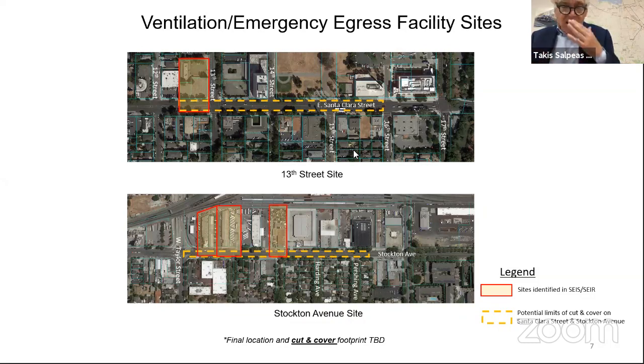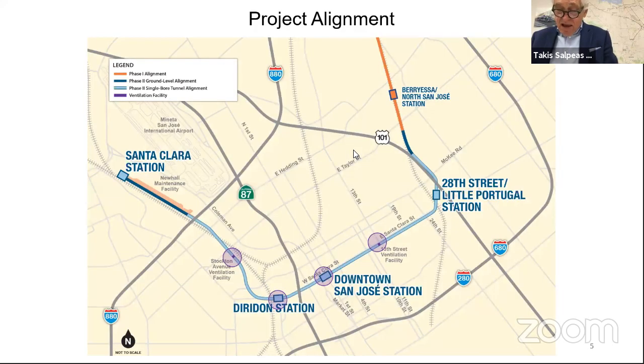For that, the idea here was, and please go back for 1 minute to page 5 now, and I will connect the concepts to the map of the project. You can see now, as I told you, in the 40% of the project in the downtown area from 13th Street to Stockton, there are really 4 circles. 2 of those circles are the stations, San Jose Downtown Station and the Diridon Station. But on the ends of the downtown limits, the 12,500 feet, are the 2 ventilation structures, which I just discussed with you.